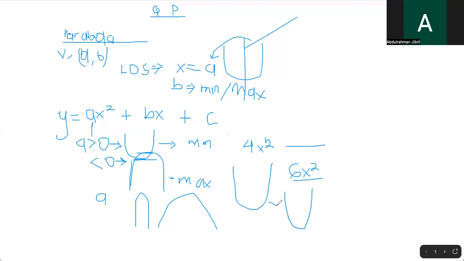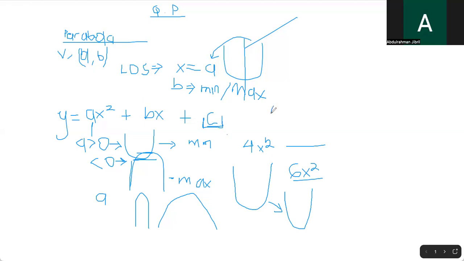I mean, something narrower than that of 4x squared. Okay. So, the last thing we are going to talk about, then we are done with A. Now let's move to C. Now the C here